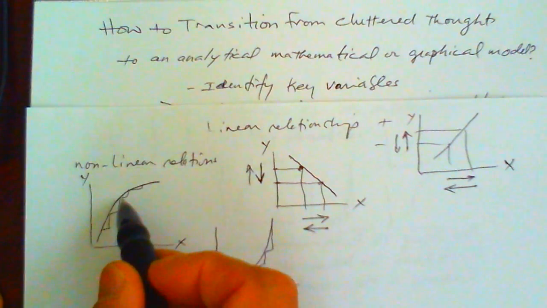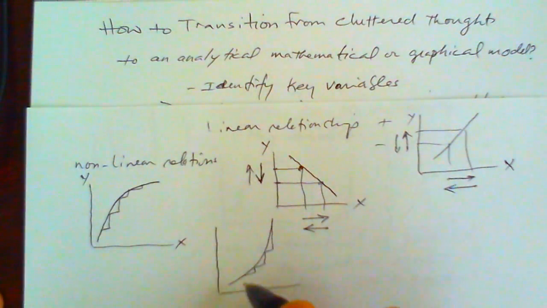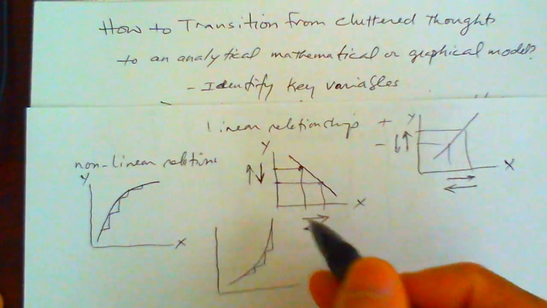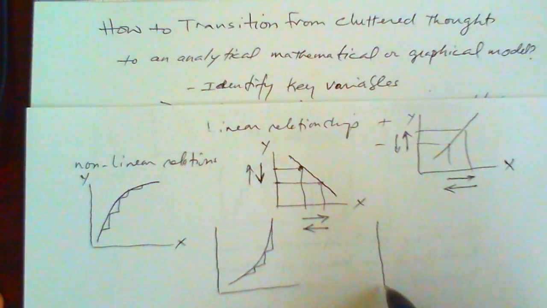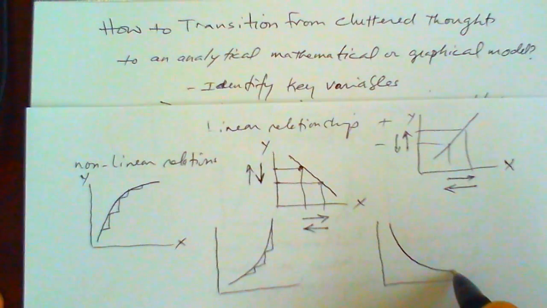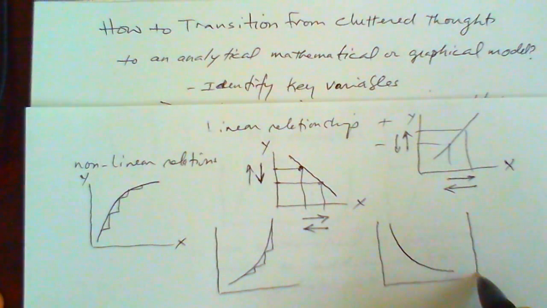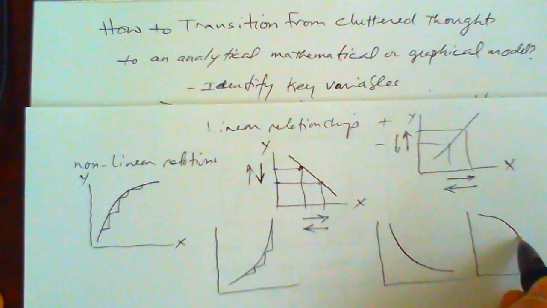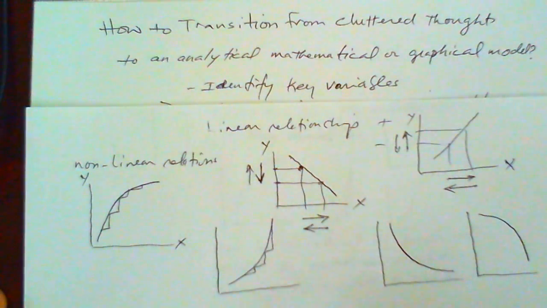So this is increasing, but at a decreasing rate. This is increasing at an increasing rate. You could have decreasing, but at a decreasing rate, or decreasing at an increasing rate. These are examples of nonlinear relationships that you can construct